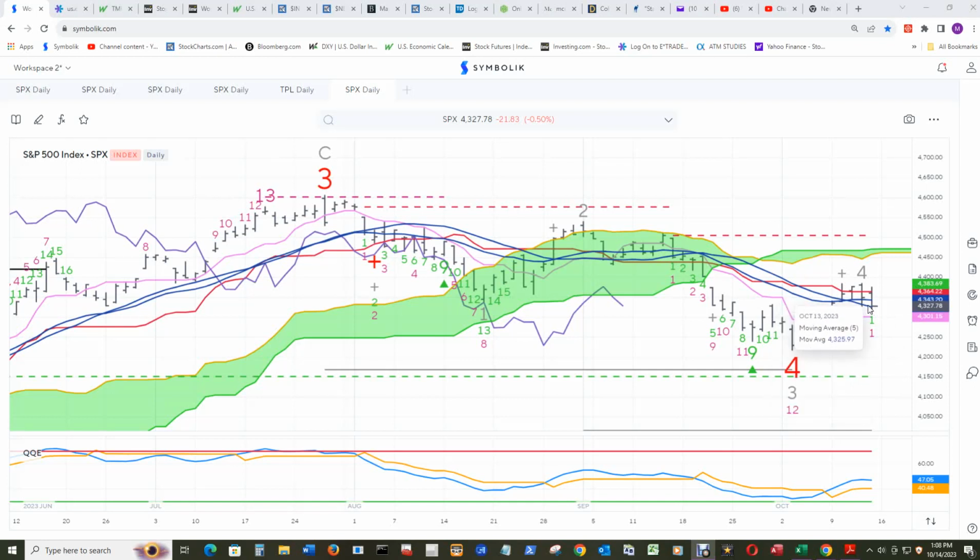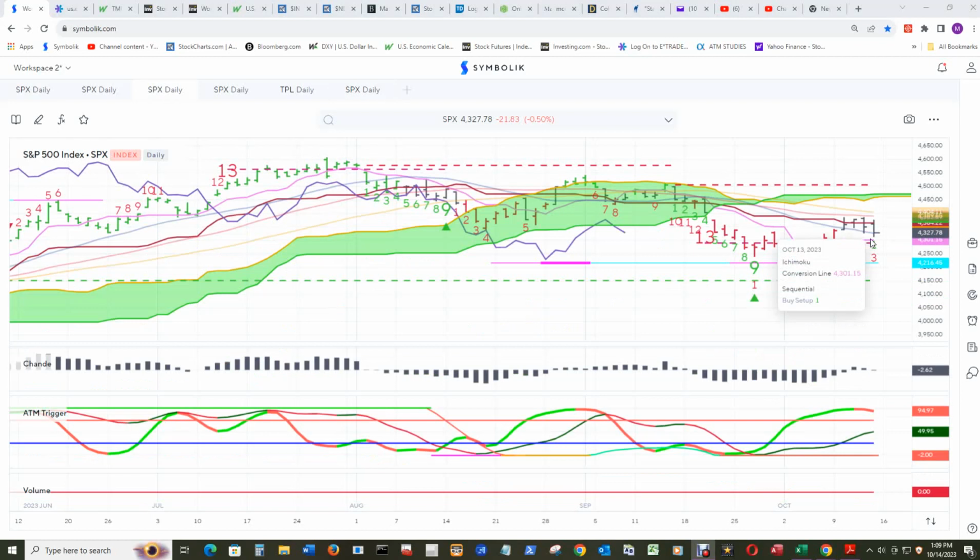So the moving averages closest to price is this 20 simple moving average 4325.97, and then the 21 EMA in solid blue also is right above it at 4343.20. So it's right in between those two moving averages. And the conversion line is there underneath it at 4301.15. And right under the cloud conversion line and current price is the sequential disqualified buy risk,